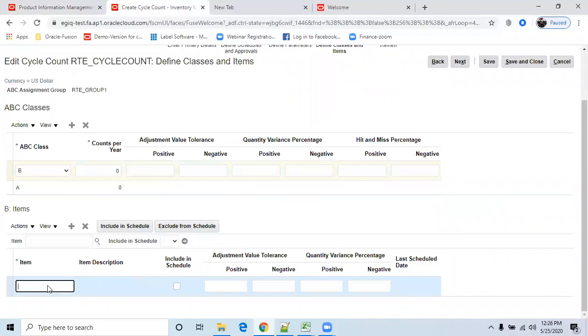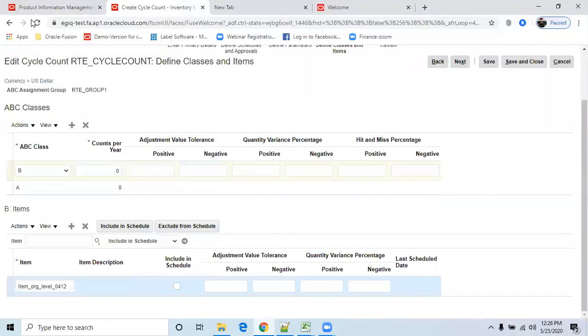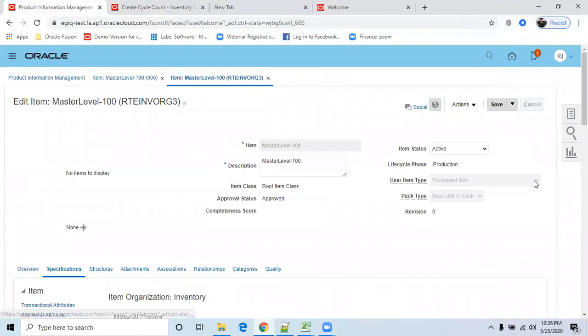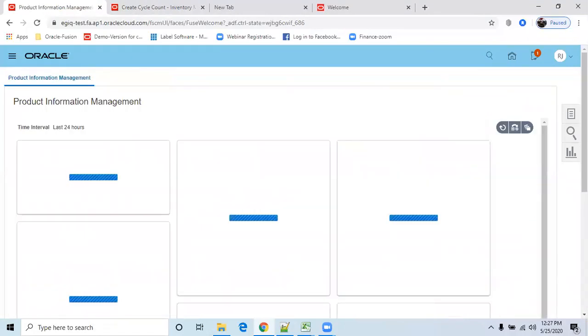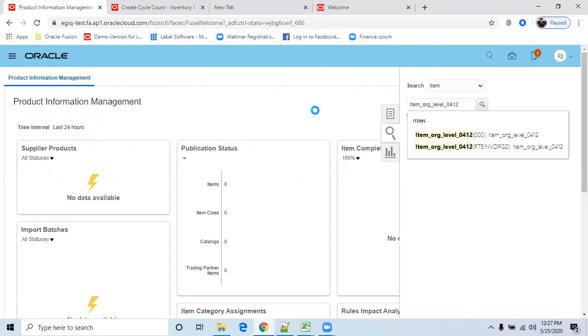I think same problem for this. Go to product. Cycle count has to be enabled or else those items won't come.